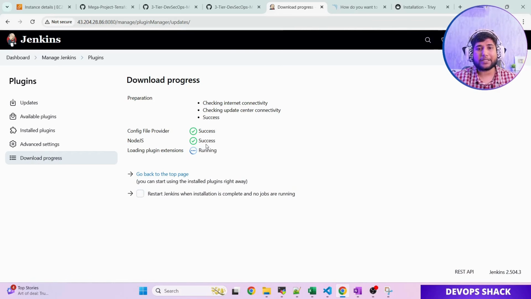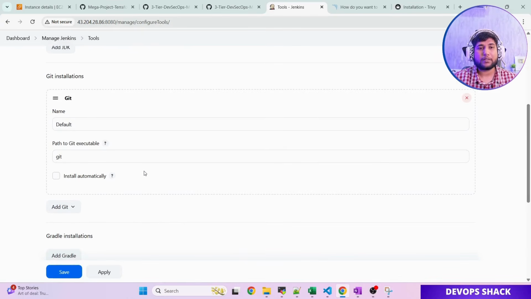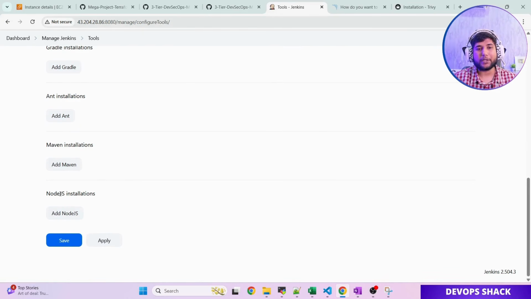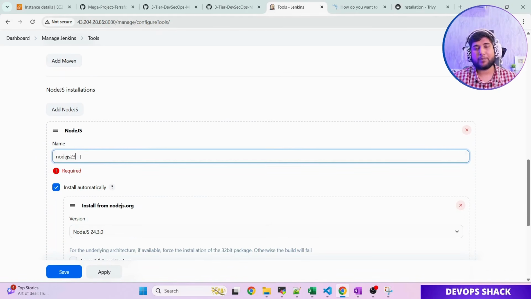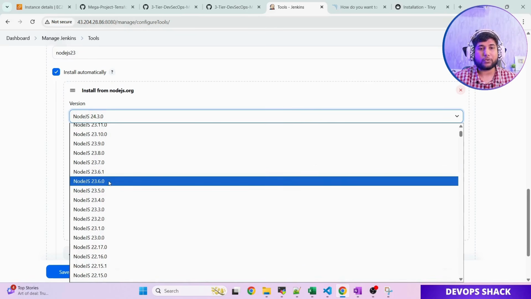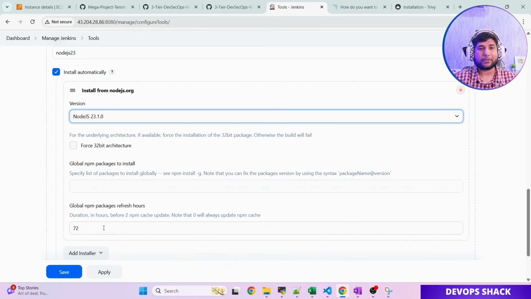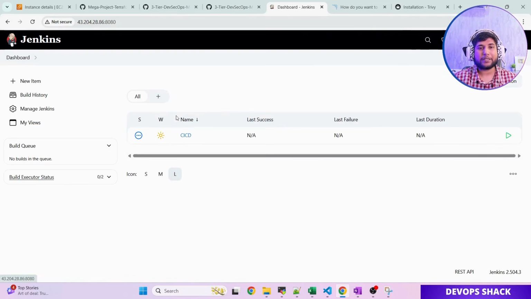So yeah, you can see it says success. So we can go to manage Jenkins, tools. Scroll down till the end, you find Node.js. So click on that, provide a name, the same name that we have used in the pipeline, and here you can select the version. So I'm just going to go with 23, this one. Click on apply. This part is also done. Next thing what we have to do,